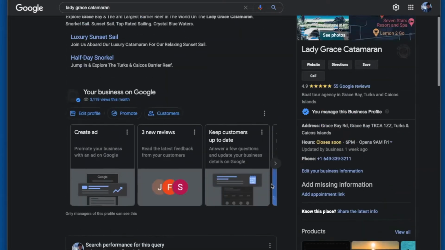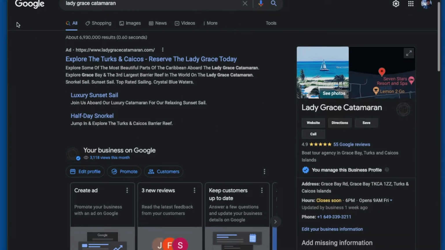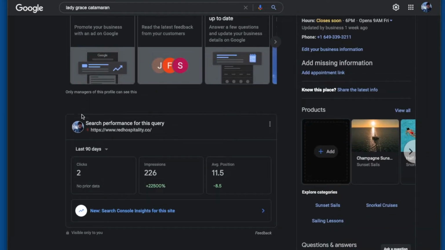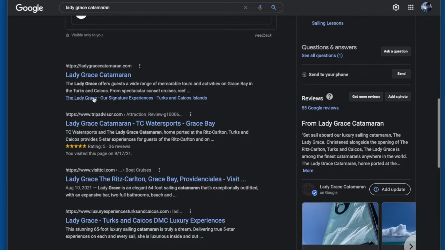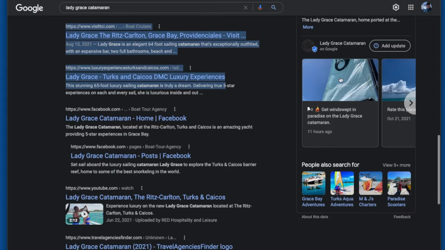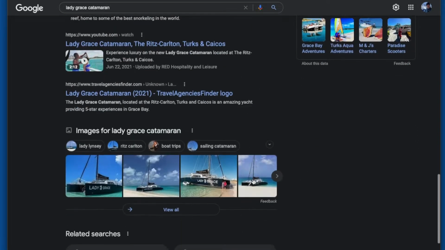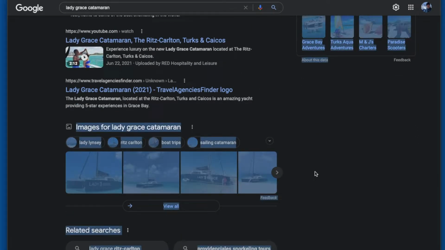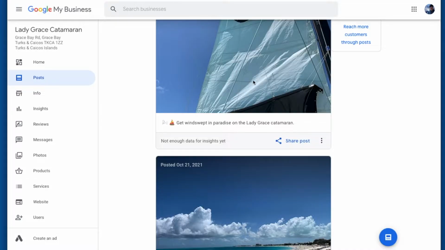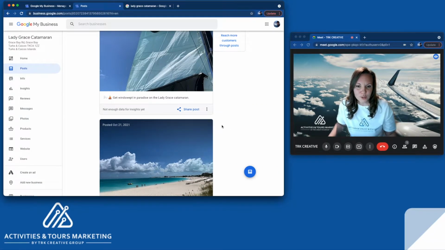When we look at this search engine, we search directly by brand, you'll see an ad pop up, you'll see the GMB, you'll see the reviews, you'll see our products, you'll see the search performance options inside of here, website ranking, and other options in here. And then of course you have reviews, updates coming in, and images as well that are starting to display. So we're really taking the whole full page of this real estate for Lady Grace, and posting on Google My Business is one of those core things that are really essential to GMB and can really help you